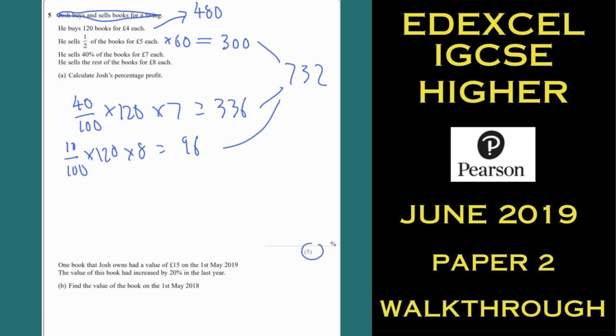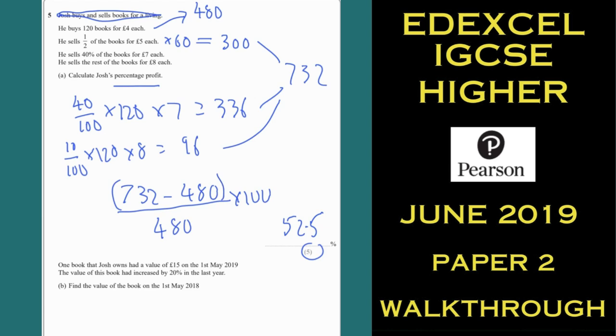Because, yeah, there's a lot of work I'm doing here, but it's a 5 marker. Take your time, no need to rush to that answer. How do we do percentage profit? It's actual profit. So you subtract how much he outlaid, 480, from how much he took in, divided by the original amount, and you times it by 100. Now, if your calculator doesn't give you 52.5%, make sure you put some brackets in,